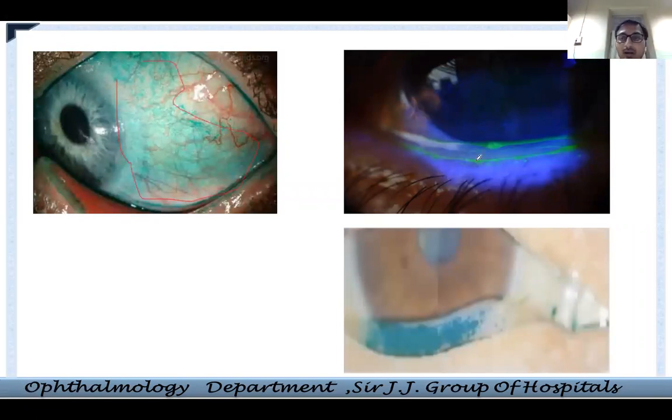Here I am trying to show you something known as conjunctivochalasis. It's a conjunctival fold which happens in old age, and the tear film is totally disturbed because of this. Whenever the patient blinks, it gives pain because the conjunctiva comes in between. The same staining with the lissamine green gives you all these devitalized cells over here, because this fold keeps getting injured by the eyelid margin, and the cells here are affected.